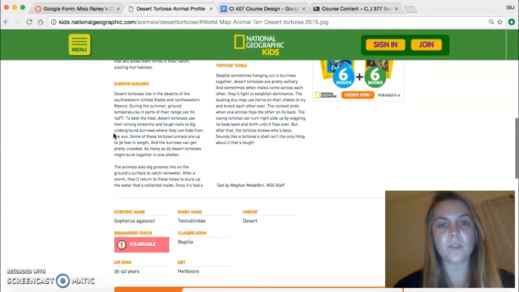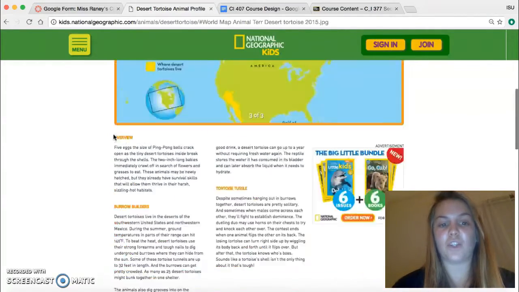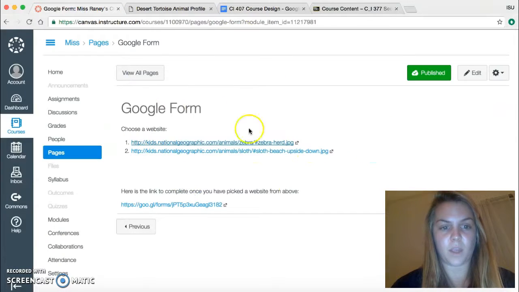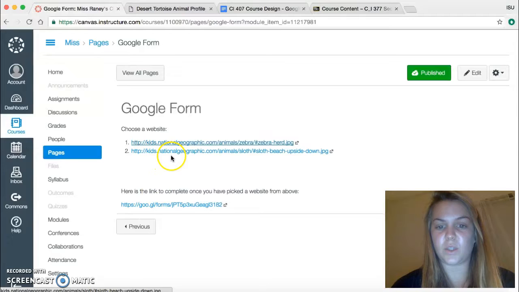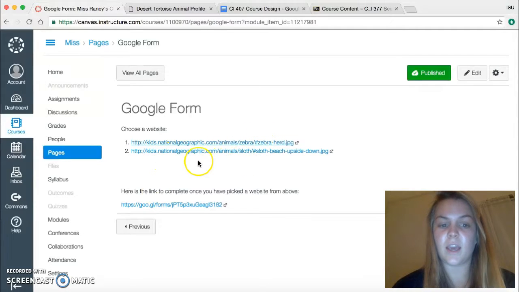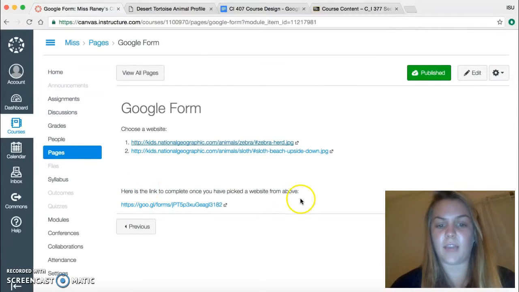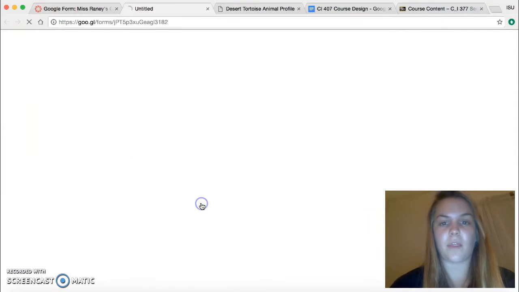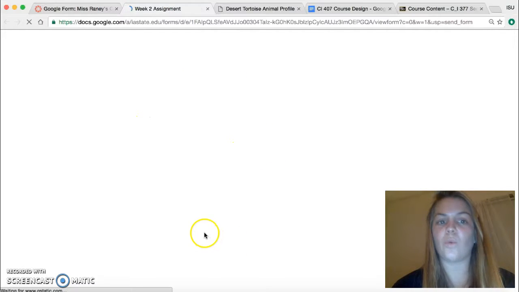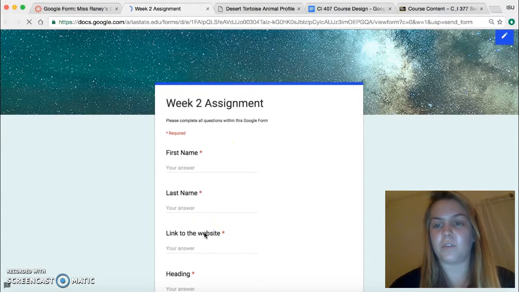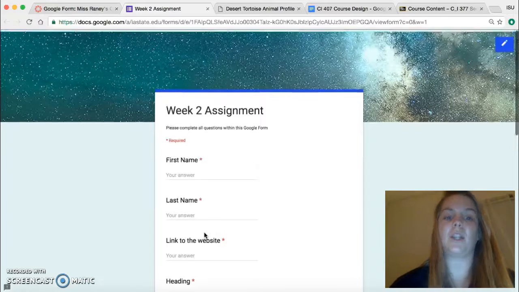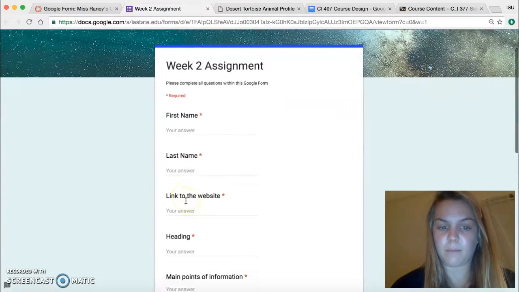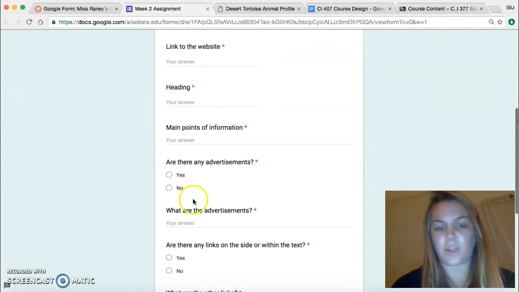What you're going to do this week is, after you pick an article that has been selected on the Google form, you're going to choose one of these two websites, either Zebras or Sloths. Then I want you to click down here on the link once you have picked and looked at the website. You'll just click on this and it'll bring you to a Google form. You have filled out Google Forms before, but just to reintroduce you to it, make sure you put your first name and your last name, and here are some of the things that you need to fill out about your